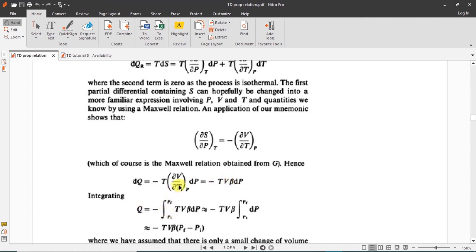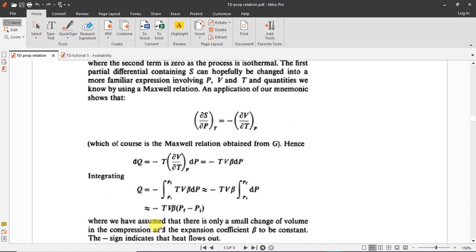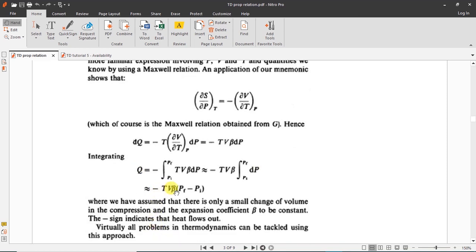Now what you will get when you integrate this? Q is equal to minus integral of P initial to P final, TVβ dP. Now TVβ is constant, so minus TVβ integral P initial to P final dP. So what will be heat? It will be minus TVβ (P final minus P initial). Now here negative sign indicates that the heat is flowing outside the